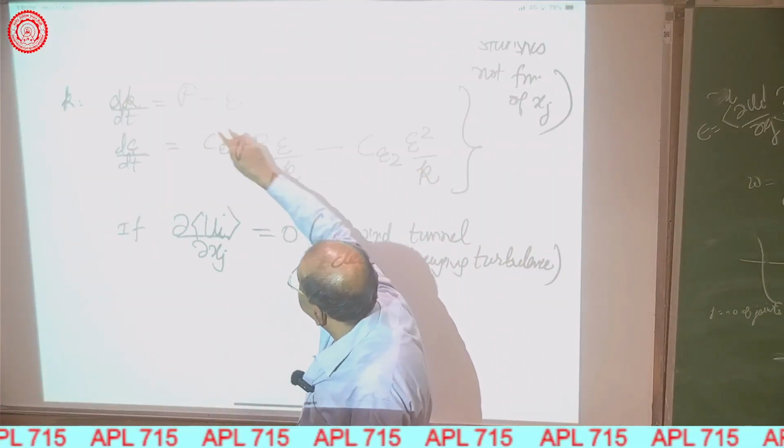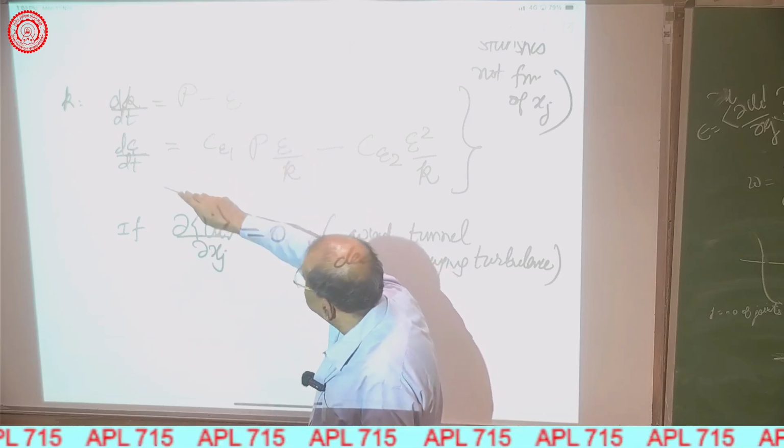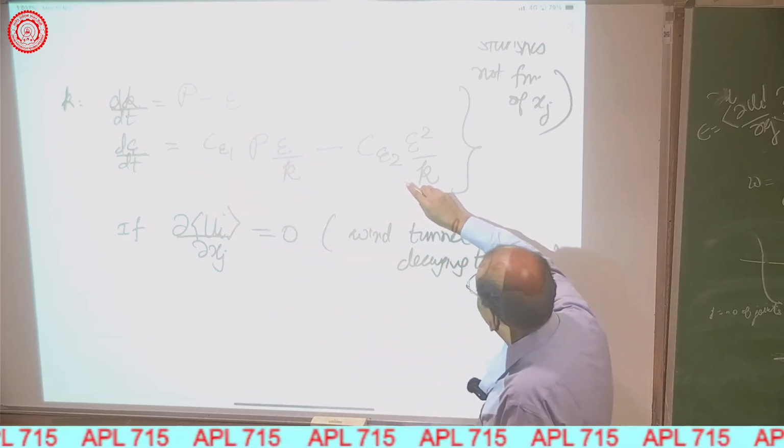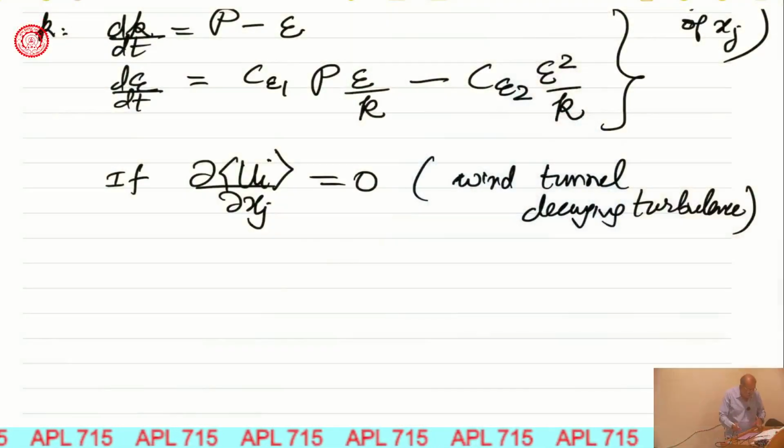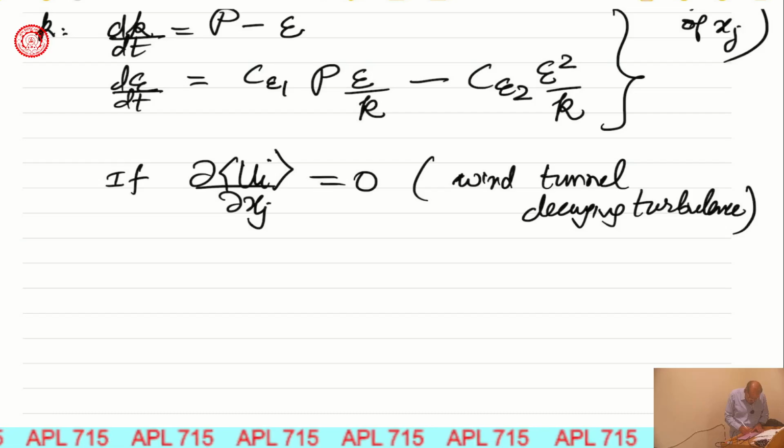So you'll get dk by dt is equal to minus epsilon and d epsilon by dt is equal to minus c epsilon 2 epsilon square upon k. Okay. So this sort of simplification, so this will lead to